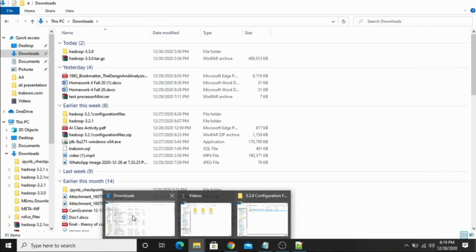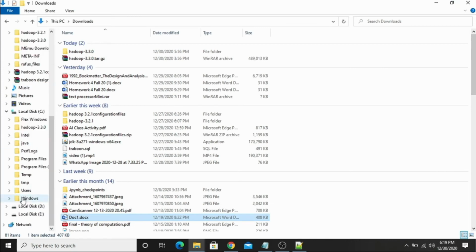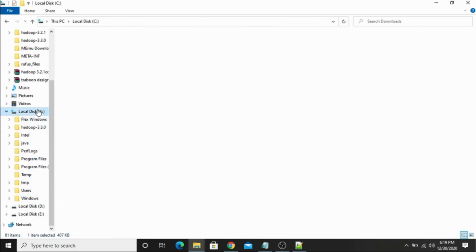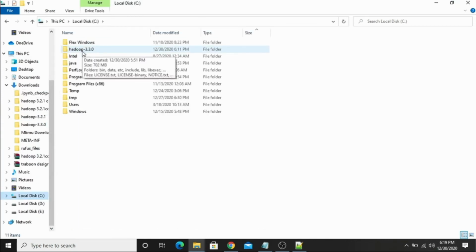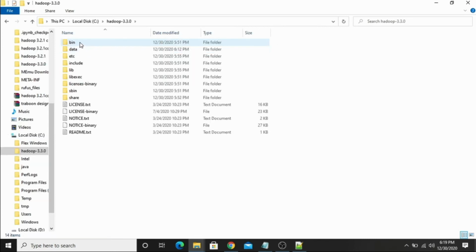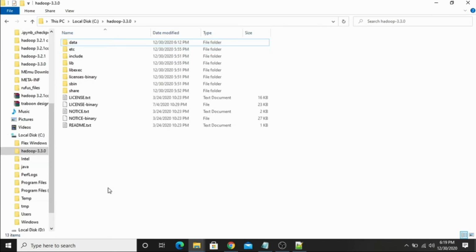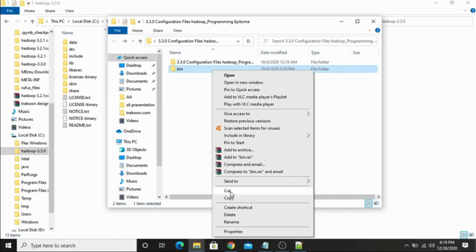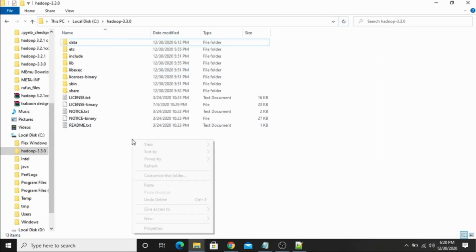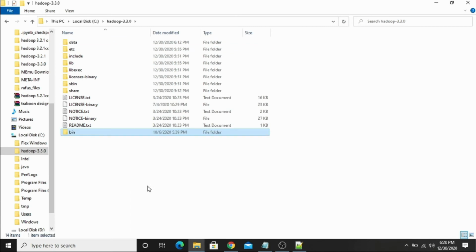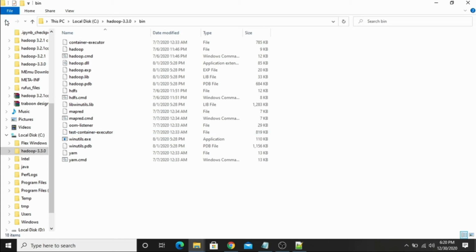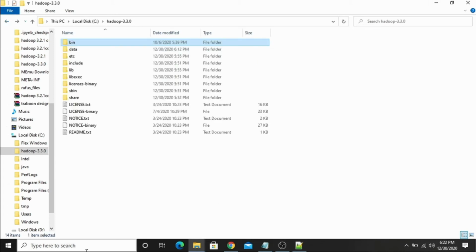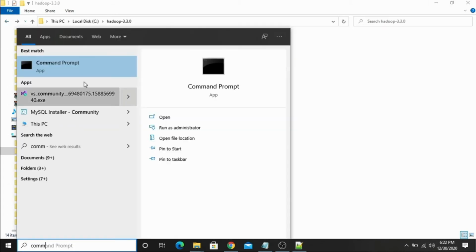Now you have to delete the bin folder from the Hadoop 3.3.0 folder, which is inside the C drive. Open this and delete this bin folder from here. Then copy the bin folder from the configuration file and paste it here. Open this bin folder. Here you can see all the files are here. Finally, your installation is completed.